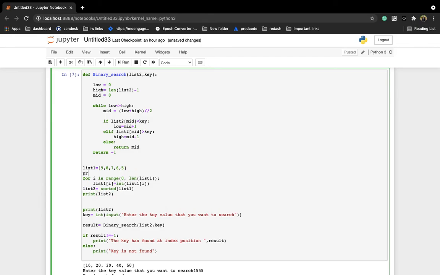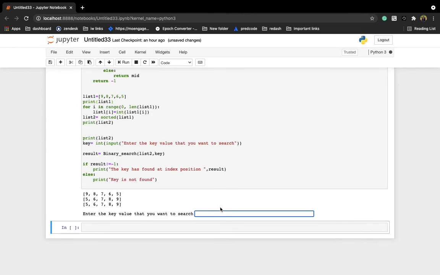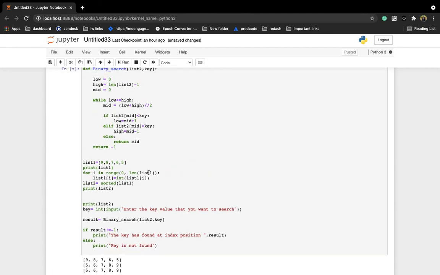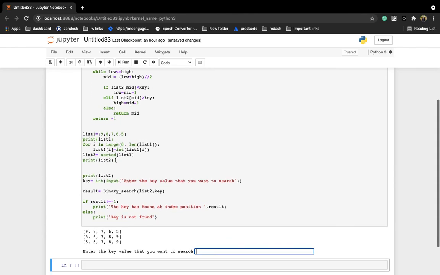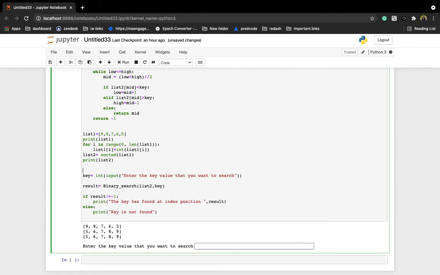Okay, here I'm printing this list 2. Let me print list 1 as well. Once you execute this, where is the list print? Two times I'm printing. Okay, yeah.